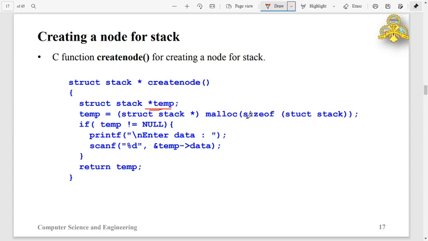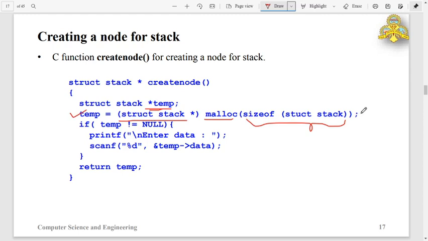I will allocate memory of the size required for this structure definition by using the malloc function, which returns a pointer to the allocated memory locations, and that pointer is typecasted into struct stack pointer, and whatever the result is made available from this statement is assigned to temp.